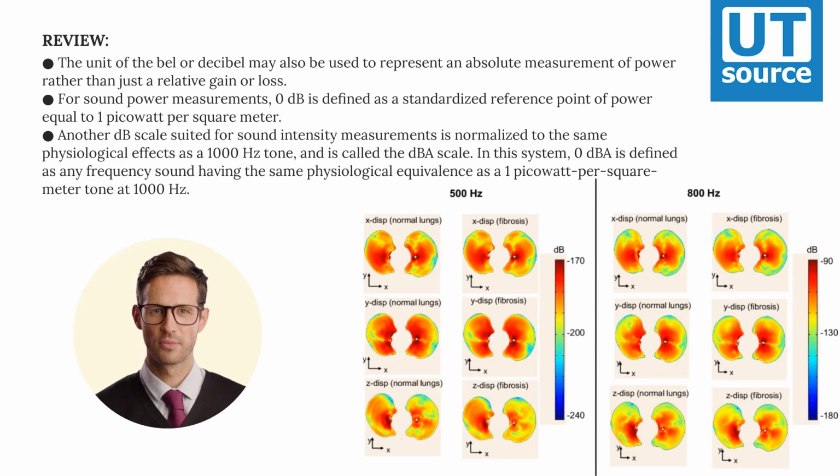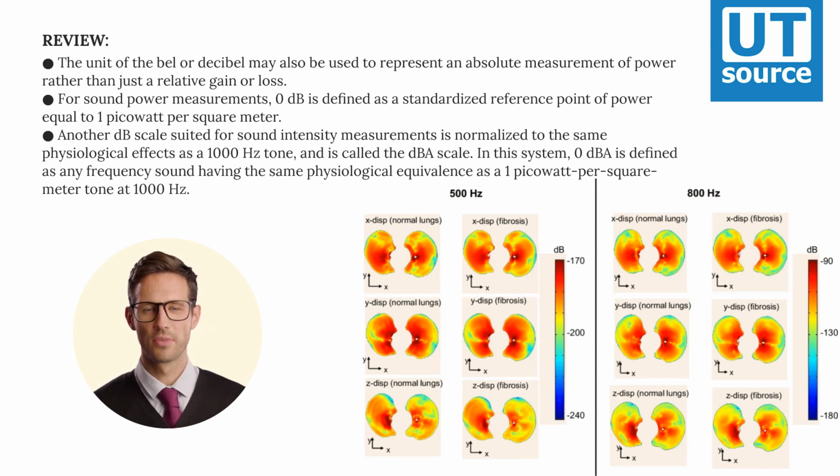The unit of the bel or decibel may also be used to represent an absolute measurement of power rather than just a relative gain or loss. For sound power measurements, 0 decibels is defined as a standardized reference point of power equal to 1 picowatt per square meter. Another dB scale suited for sound intensity measurements is normalized to the same physiological effects as a 1000 Hz tone